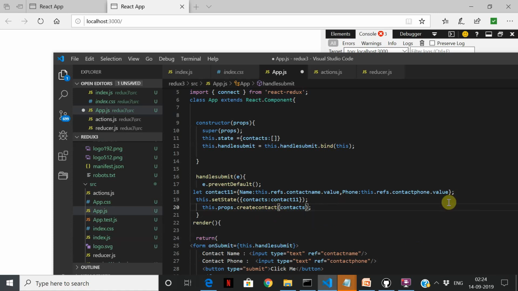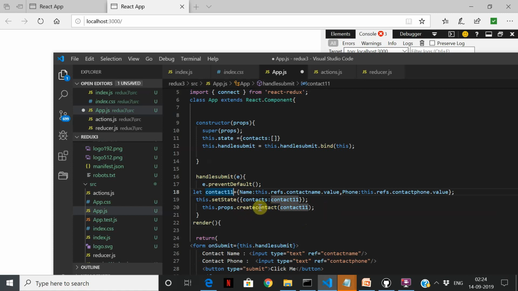Either I can pass the contact 11 or any of the others, so I'll just pass the contact 11, and this should get added over there. Now this contact 11, I just gave it a name because there are too many contact variables here. I just gave it something called contact 11, and it's nearing almost 11 p.m. Just kidding. So this dot props create contact